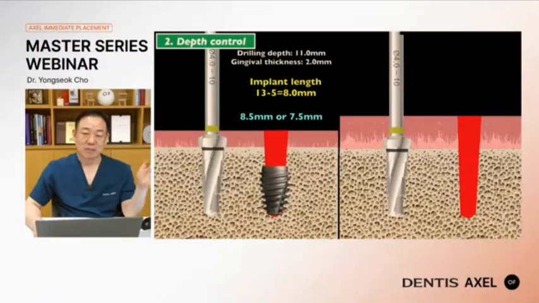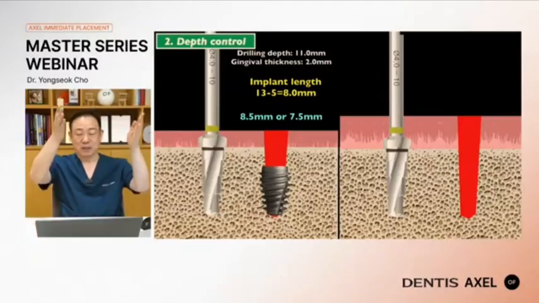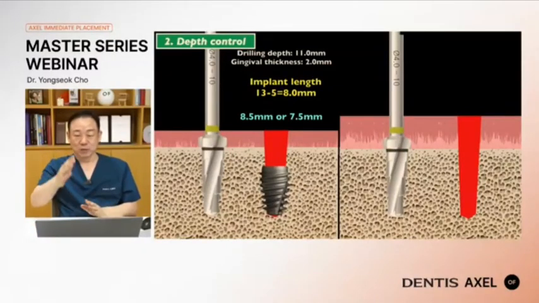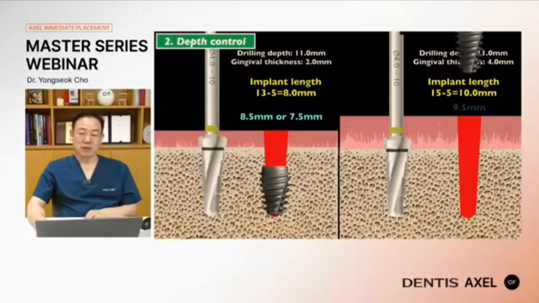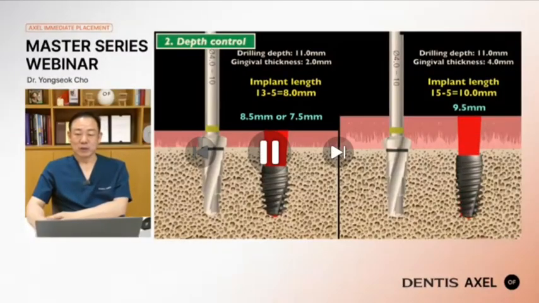Okay, on the left side, we measure the total height and select the short implant, 8.5 or 7.5 millimeter. Then the implant is at adequate depth. Look at the right side. When we prep the osteotomy with the same drill, drill depth is 11 millimeter. However, gingival thickness is 4 millimeter. Then, how deep is the hole from the gingival margin? It is 10 or 11.0 millimeter. Okay, that means we can place an implant 9.5 millimeter. Okay, so